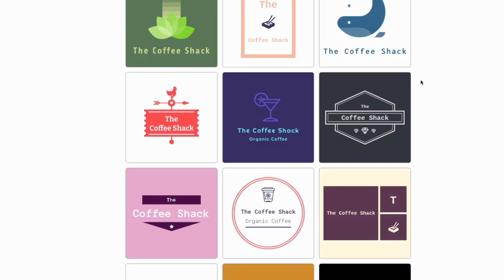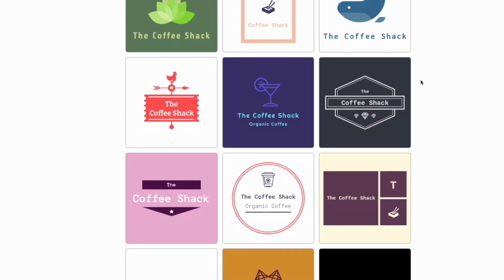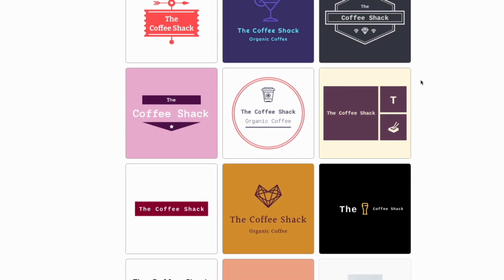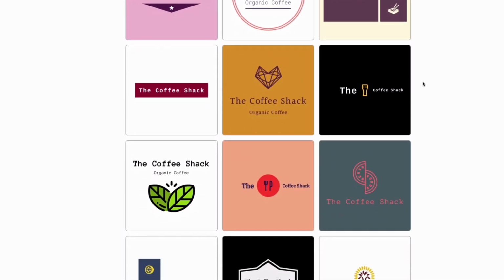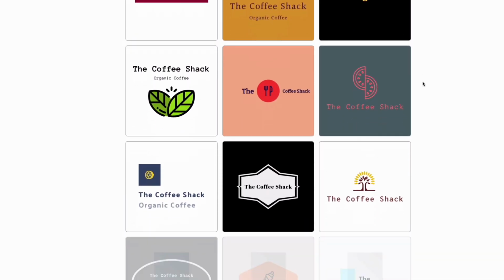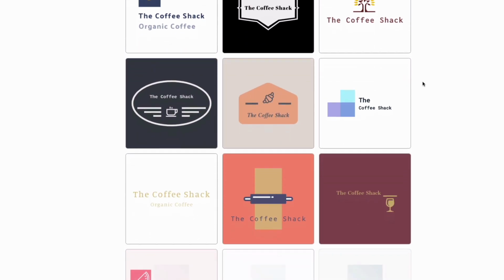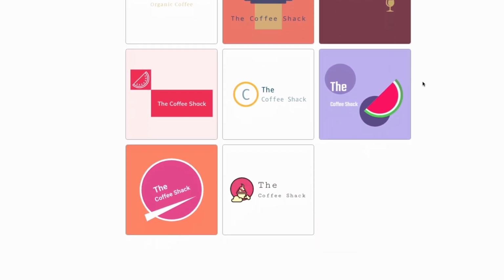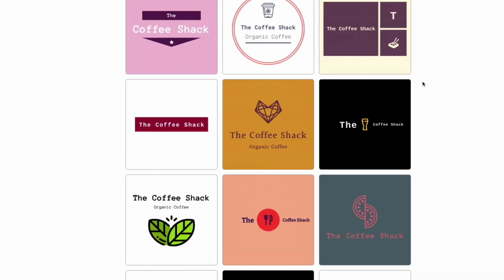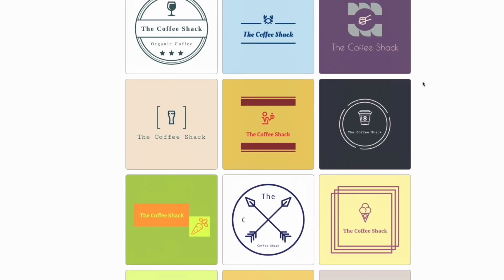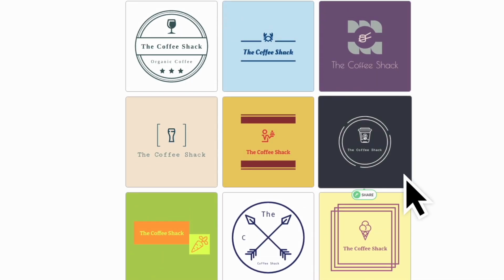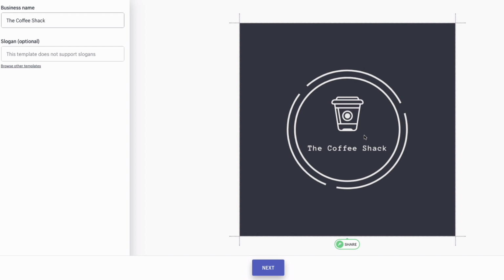Whether you're going to be doing a website in the future or your social media, you need to use the same color scheme throughout to keep your brand consistent. As you can see, there are so many options here to choose from. I personally prefer this one, so let's go with this one. It says this template does not support slogans. Anyway, let's click on Next.